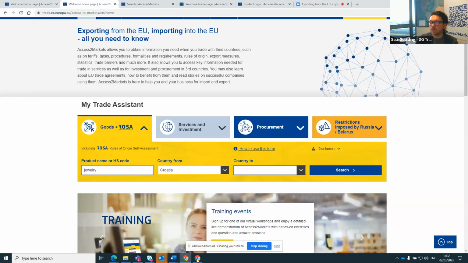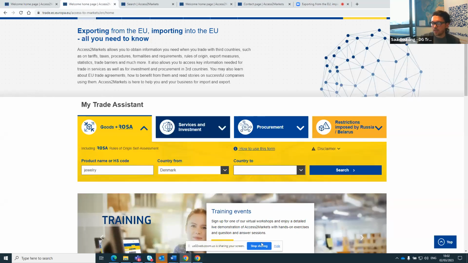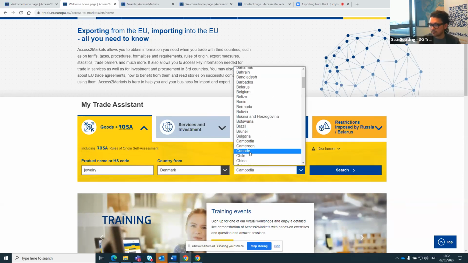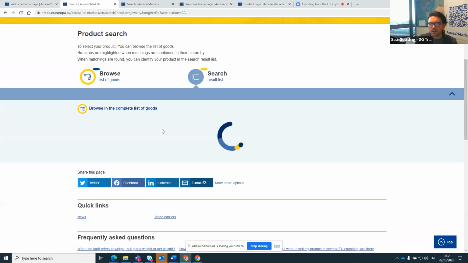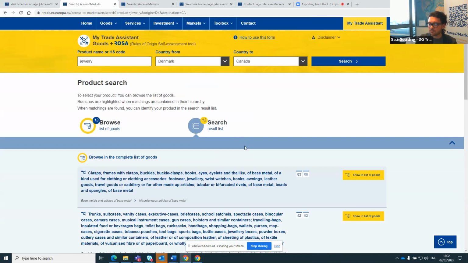Okay, so what we will do, regardless, we will do any EU member state. Again, Denmark, and for the purpose of our training, we will do it under CETA, so we will choose Canada. And hopefully this will populate the HS code for jewelry. Voila.